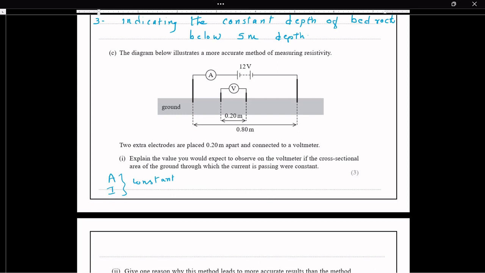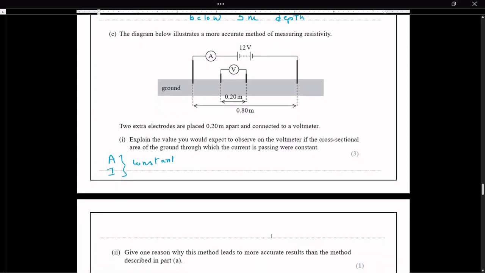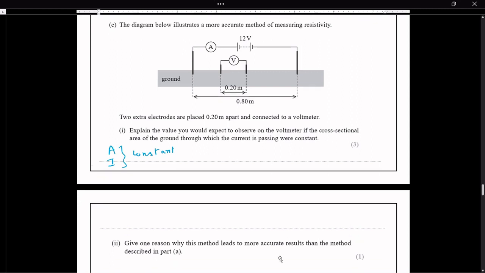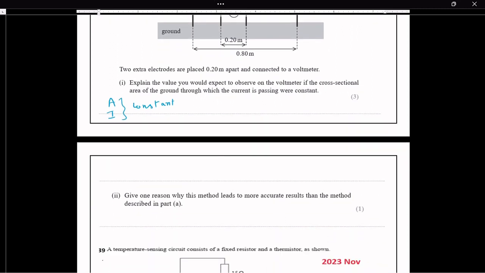Actually, we know that the resistance, we write it here. We know that the resistance is proportional to the length. Resistance is proportional to the length. The voltmeter reading we have to see. And also